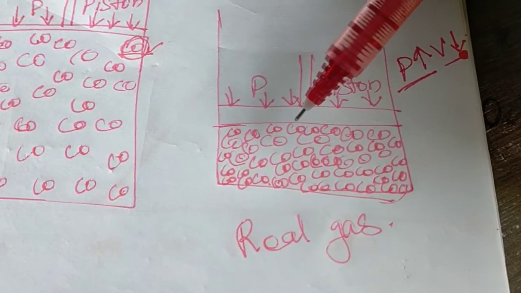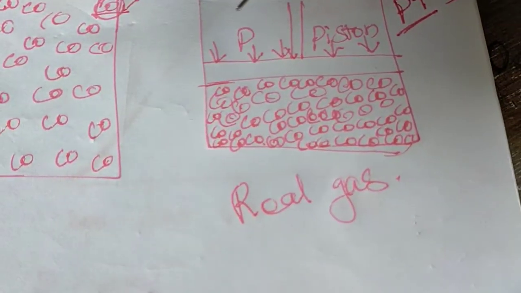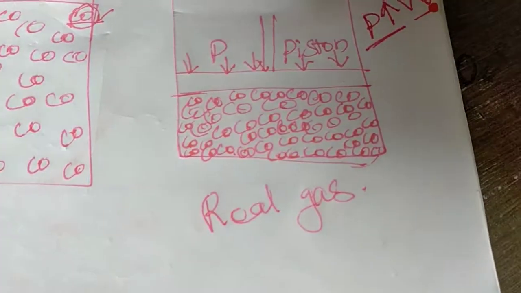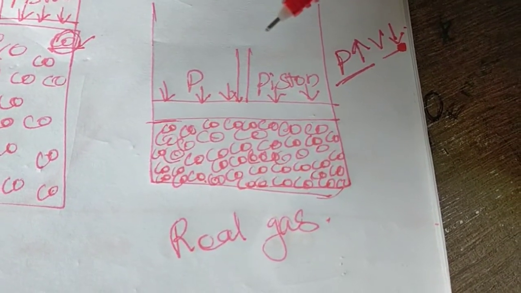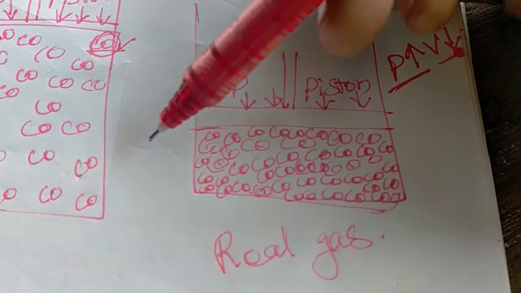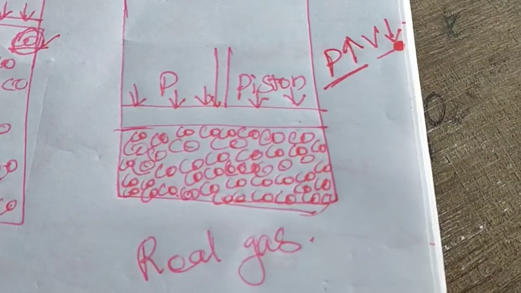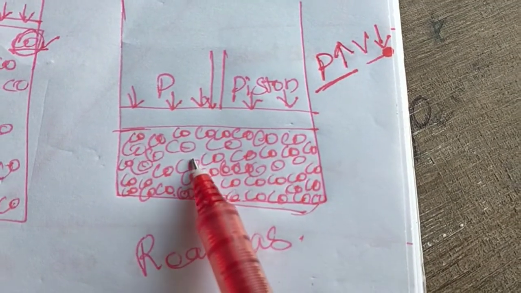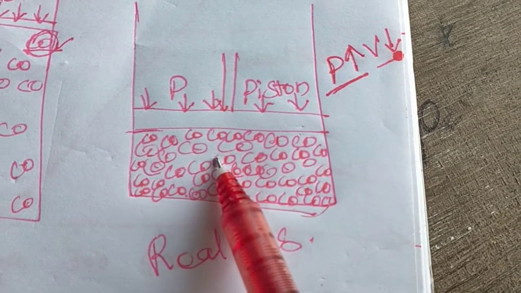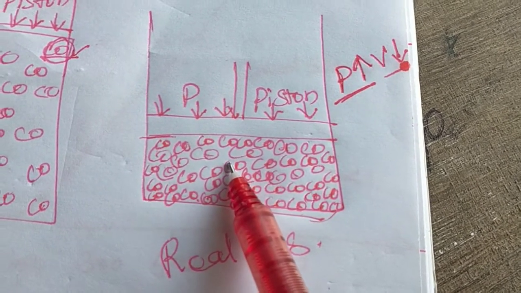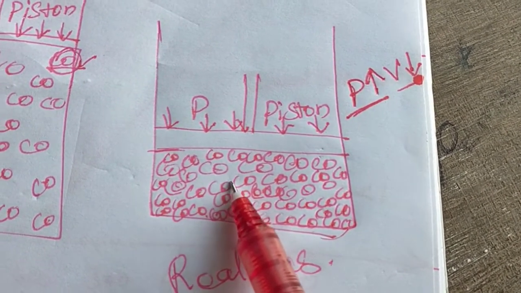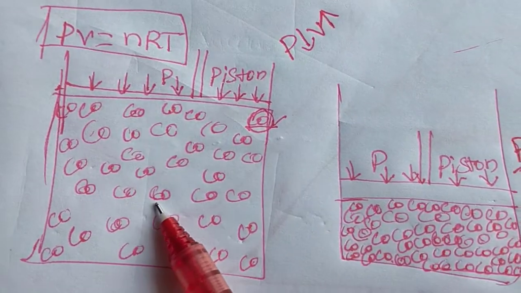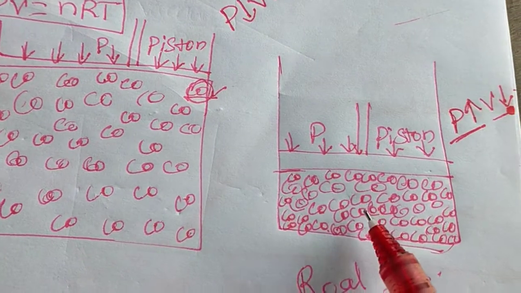and also they are increasing the intermolecular force. Okay, so increasing the intermolecular force. How is it increasing the intermolecular force? What is intermolecular force? Force between two molecules. Force between two molecules is intermolecular force. Now you can see the closer molecules present in the system. Now the intermolecular attractive force between those two molecules is a less attractive force, but when we compare this with the first system, it is more.